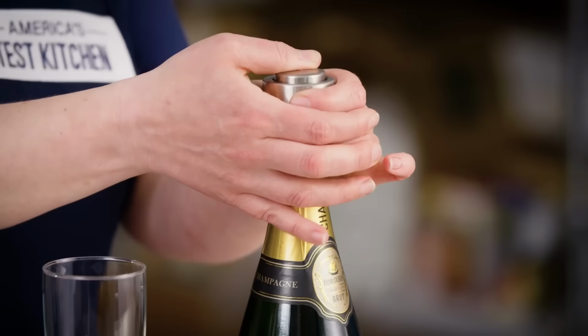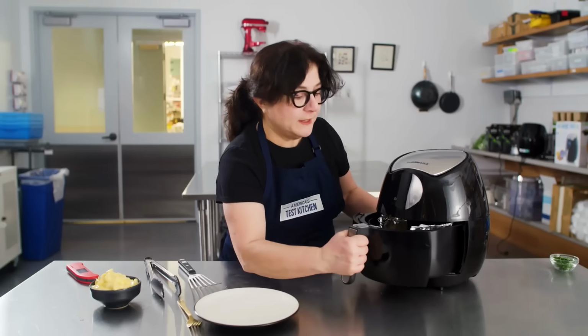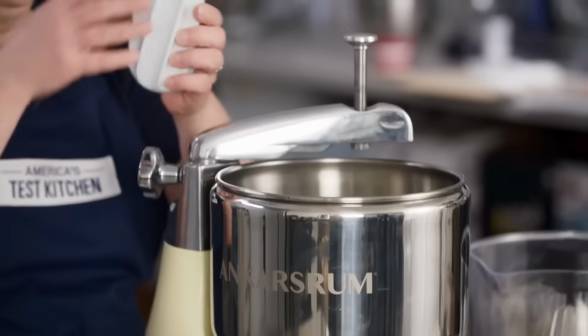The reviews team at America's Test Kitchen has been working overtime testing out all the latest and greatest kitchen gear. And today we're bringing you our 2024 Gearheads gift guide, the absolute best of the best, all wrapped up for you. We've got gift ideas under $15, under $100, and some splurge-worthy gear to satisfy all of the gearheads on